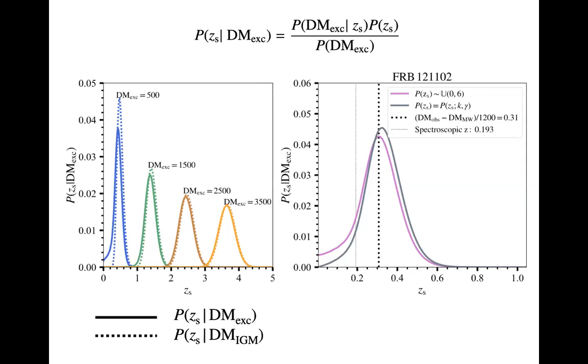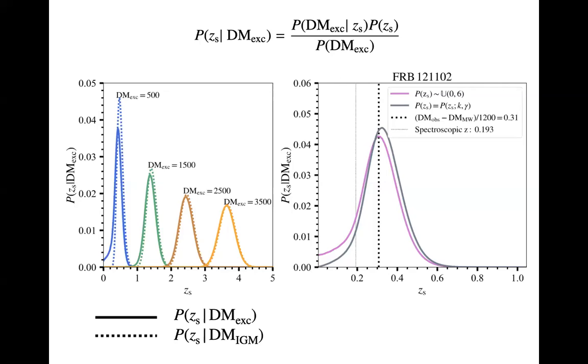On the right-hand side, this is a known redshift FRB, 121102. That is the repeater FRB measured by my collaborator Laura Spitler. You can see that the spectroscopic z is 0.193, which is the little dashed line over here. But from our model, we can predict the probability of z_s, which is shown in these two curves,